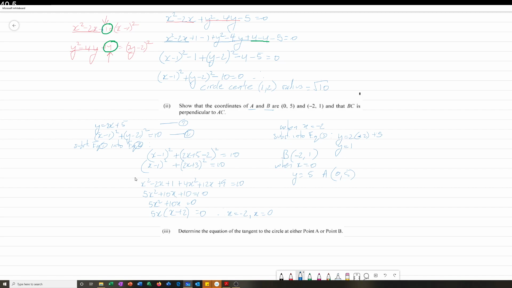So for AC to be perpendicular to BC, the gradient of AC, M1, and the gradient of BC, let's call it M2, satisfy